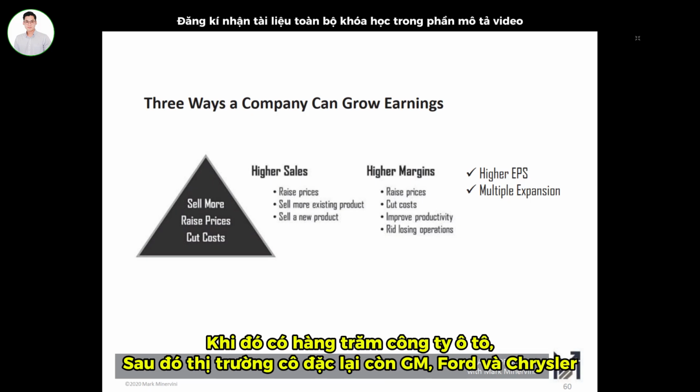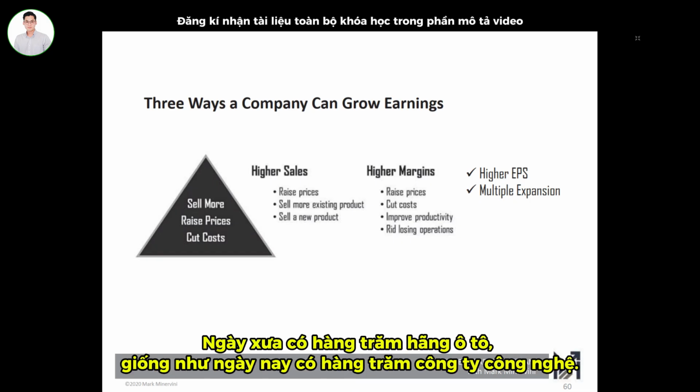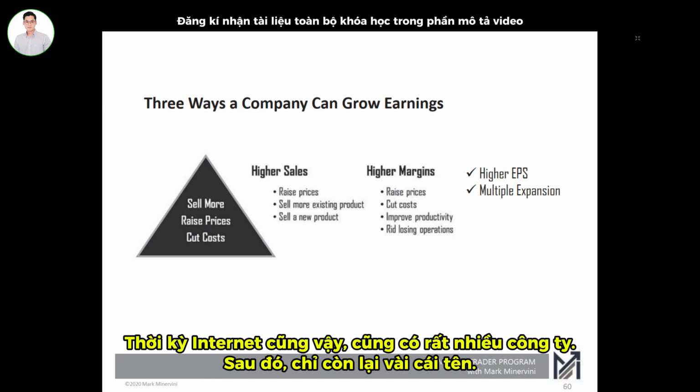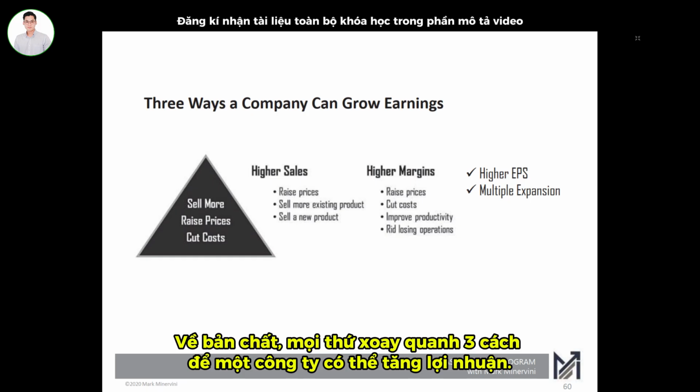One time there were hundreds of car companies, before it was boiled down to GM and Ford and Chrysler and just a few. They were like high-tech companies. Even in the internet phase, we had all these internet companies, and then it boiled down to just a few. This is the same business dynamics that take place, and it basically all revolves around